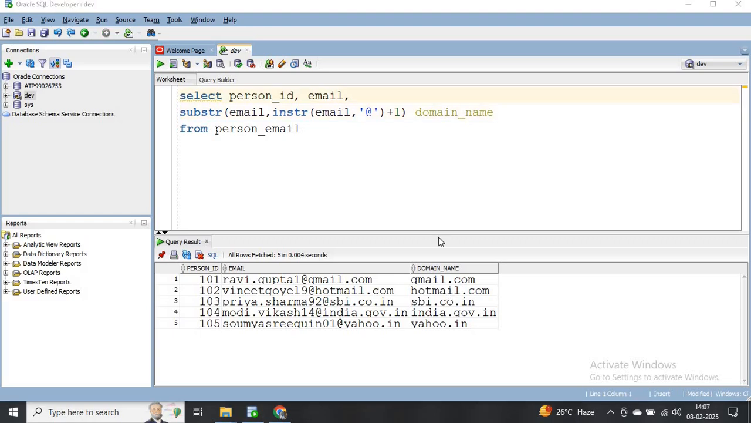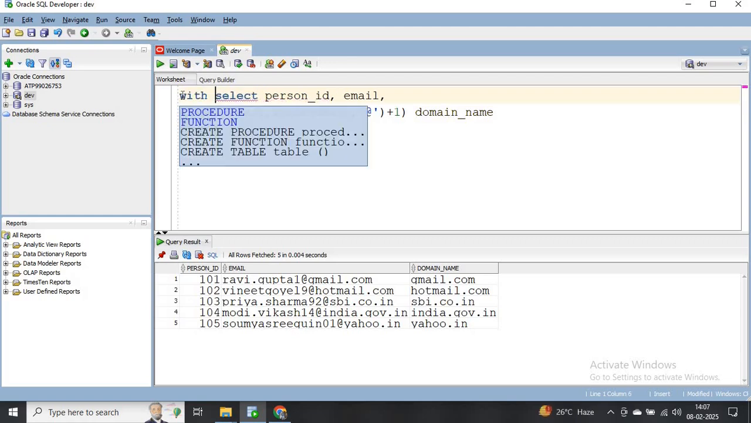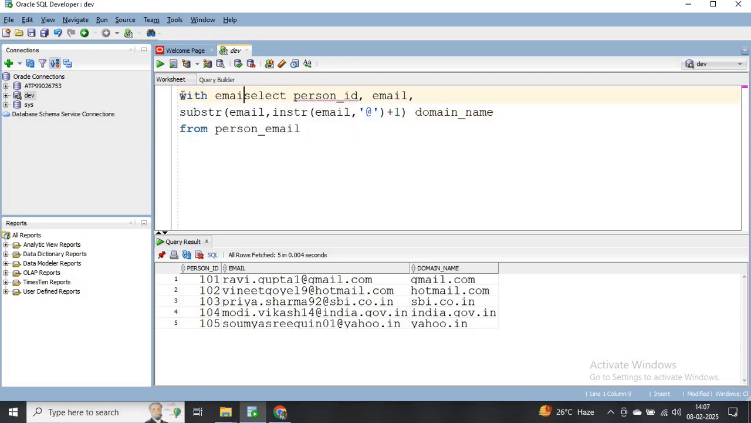Now I have to fetch the extension of the domain from the domain name. So our extension will be like .com, .in or .co.in. So for this, I will use this entire query as common table expression, and in the main query, we'll fetch the extension from the domain name. So I'll write with, I have to put some name like email domain as,